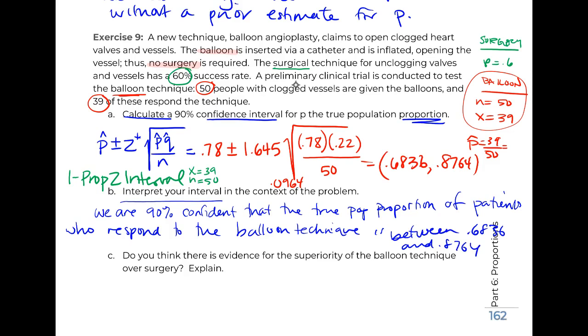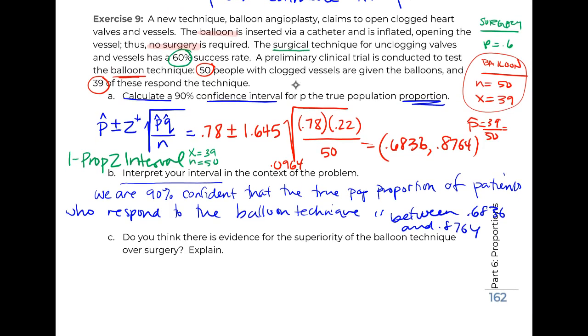And so here's the big takeaway, or the piece that I said that we're basically going to be doing in the next section, and is pretty intuitive. C here says, do you think there's evidence for the superiority of the balloon technique over surgery? So we just said that we think the balloon success rate is 68 to 88% successful, right? And we know surgery success rate, they told us that that was 60% successful. So hopefully we're sitting there going, aha, yes,